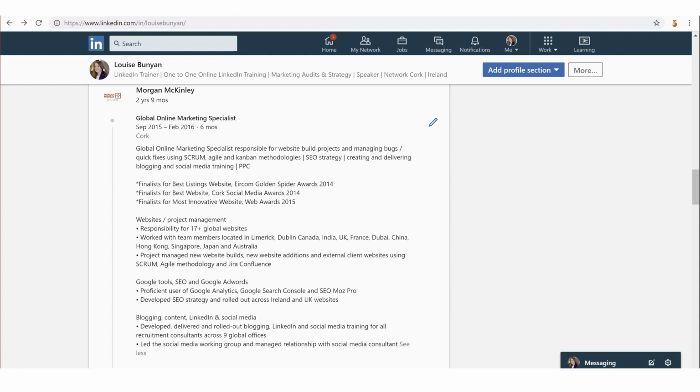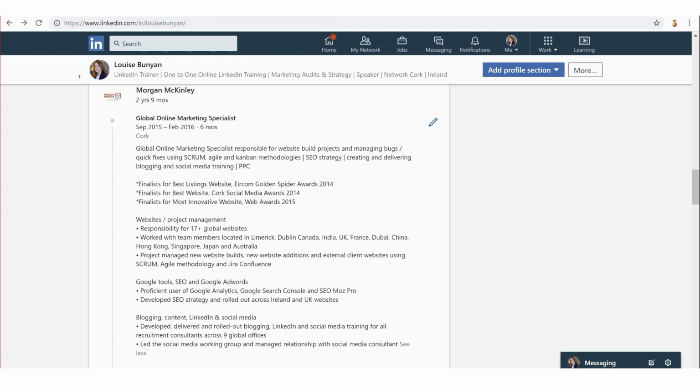So I have used quite industry jargon heavy language in here because I want to use industry language to straight away make my profile jump off the page and show how comfortable I am with this terminology. So you can see I have SEO here, SEO strategy, and I also have PPC, pay-per-click, which is just another word for Google AdWords and for online advertising. Underneath I have where I was a finalist for a couple of different awards. Again, something of note, what's going to make you stand out.